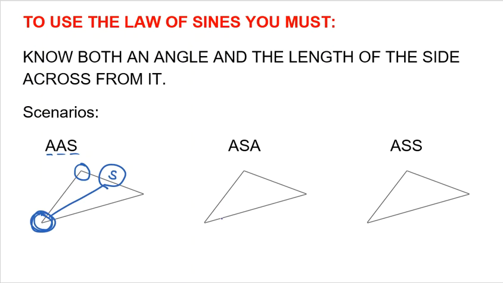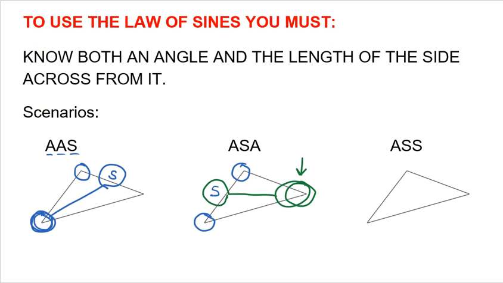Another scenario is the angle-side-angle. So if I know an angle, a side, and the next angle, so if I know two angles and the side in between them, I could also use the law of sines. Now, some people might look at this and say, oh, no, you cannot, Mr. Princhak. You don't know both an angle and the side across from it. Yes, you do, guys. Because anytime you know two angles, you automatically could calculate the third because you know all the angles of a triangle add up to 180. So even though I don't initially know this angle, if you know two angles, yes, you do. And then I do know an angle and the side across from it, so the law of sines can be